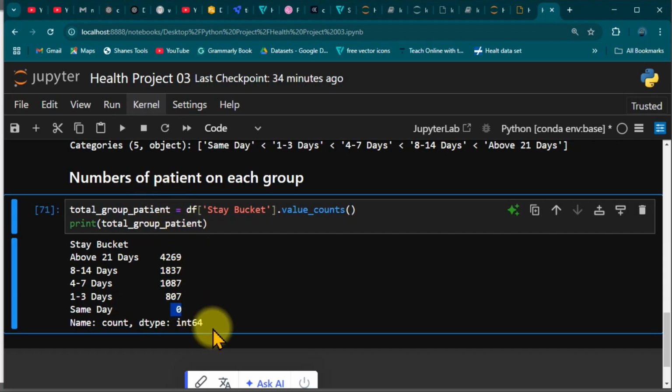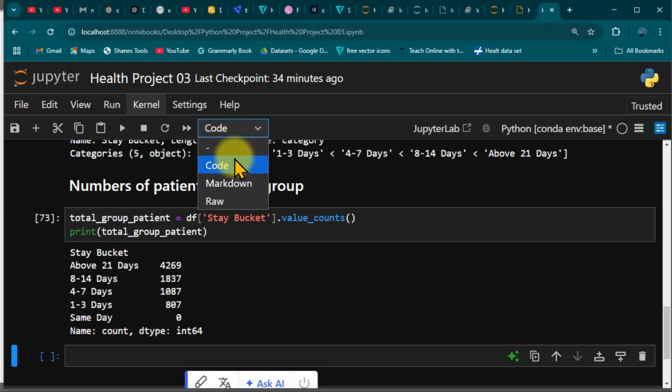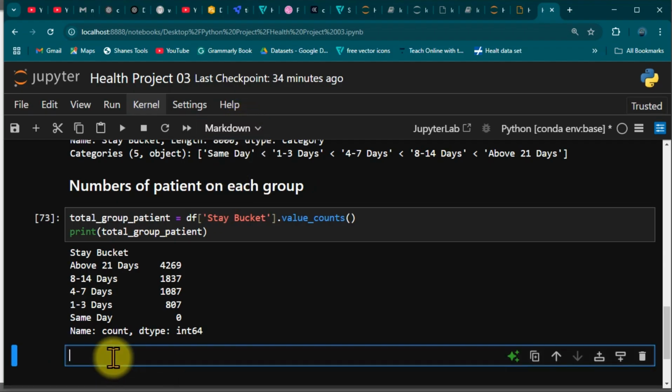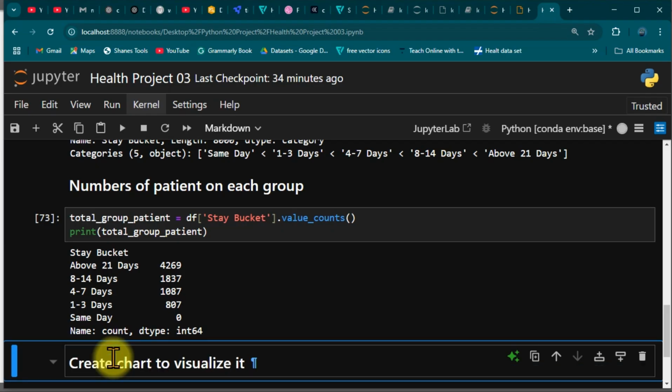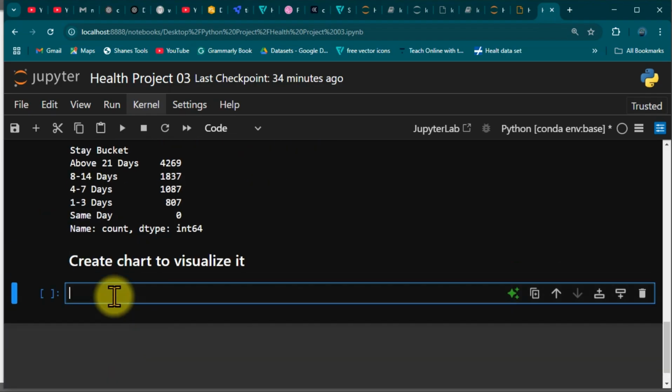Okay, so once we have done this now, we can actually add a new cell to this, and we'll quickly do this to keep this clean. So we can actually say, okay, we need to create a chart to have it visualized right now. To get that done is something very simple. We have to quickly do